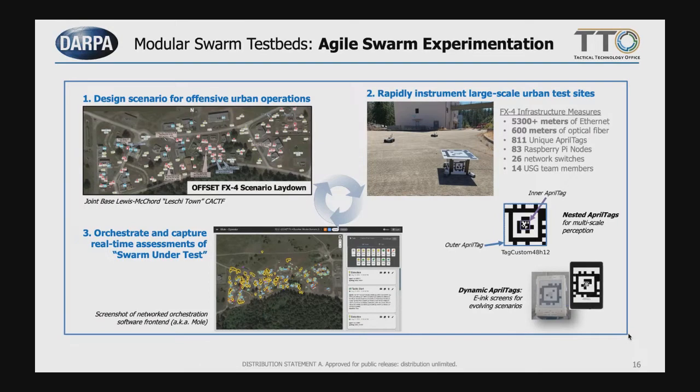And these barcodes have a nested feature where the outer tag can be read at some standoff distance, and the inner tag can be read only upon getting a fair bit closer. And this represents kind of the way you would imagine ATR, automated target recognition, might occur. You can tell that it's a dismount, a human-shaped form from a distance, but it's not until you get close enough to resolve whether or not that's a hostile or perhaps a non-combatant. And so we're able to exercise that element, for example,